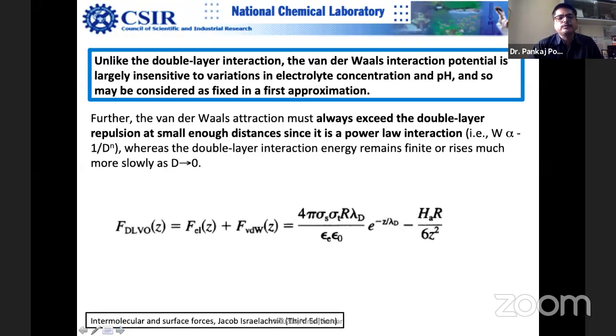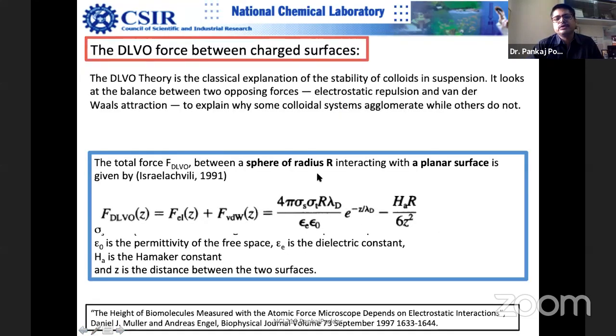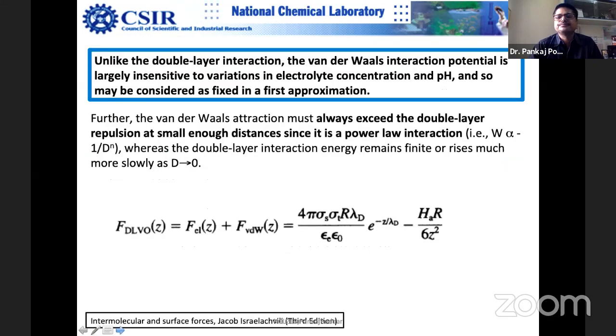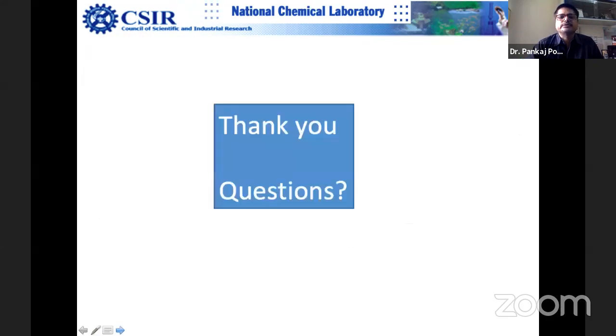Or if you eliminate one force, like in the Sundarban delta, you can have only the attractive force left and strong van der Waals interaction. So with this, I close today's lecture, and let us open this up for